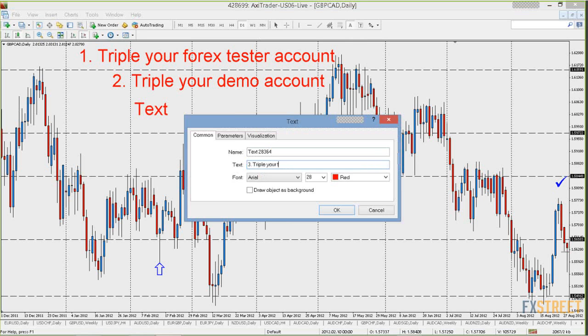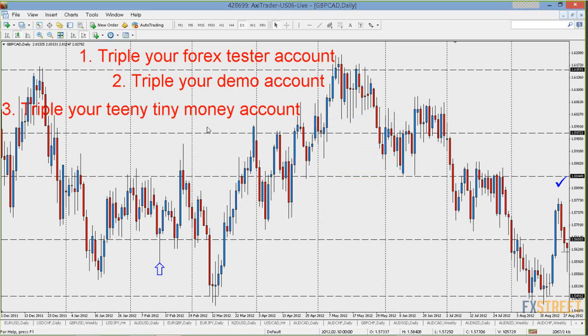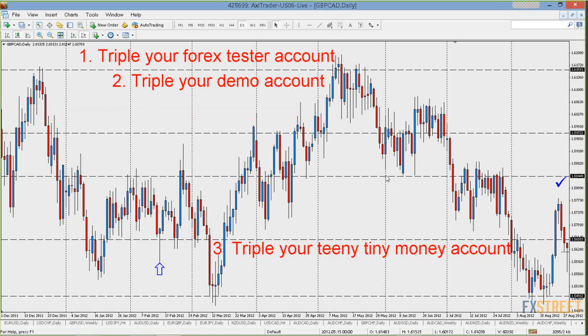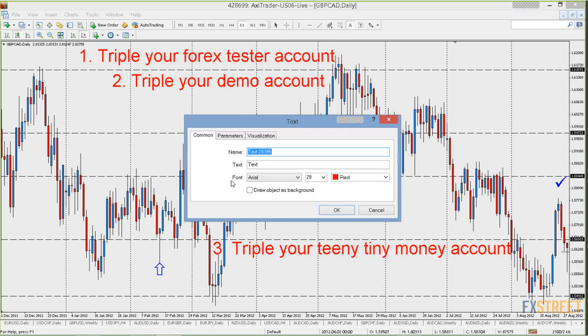Triple your teeny tiny money account. So you get a test account with real live money in it. Not a demo. And you get teeny, some people be $200, or $10,000 or whatever. But the tiny account is just money that you would blow, let's say, in Vegas, or if you went on a wild bender. That would be the kind of money that you would blow, just, you know, flush it down the toilet. And then finally, after you've done that,